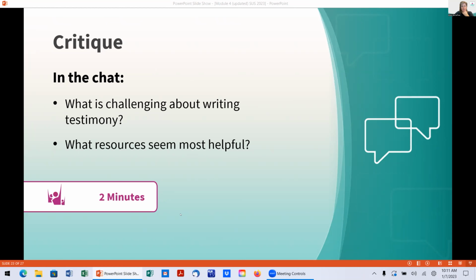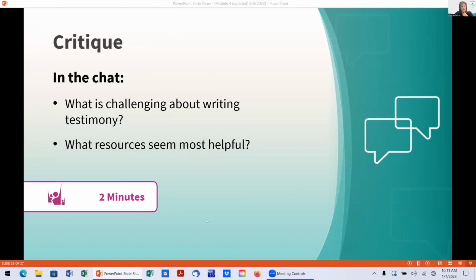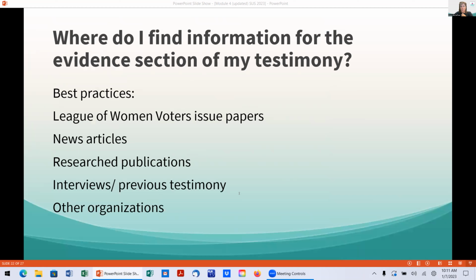I just put in the links to the league's current issues page. It's for 2020, but it'll give you the idea. There's links to our issue papers. Every lobby team member on the league lobby team does a kind of fact sheet for that issue for that year and which things we're going to lobby on. Those are hugely beneficial to go check and see. And then obviously your lobby team member is a good person to go check things with if you're ever wondering about a source or a fact.